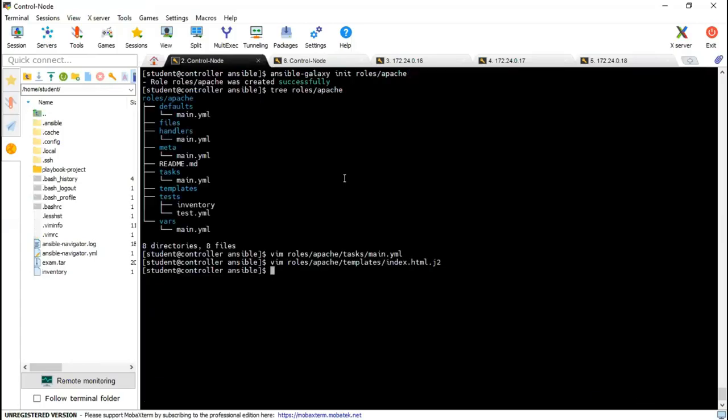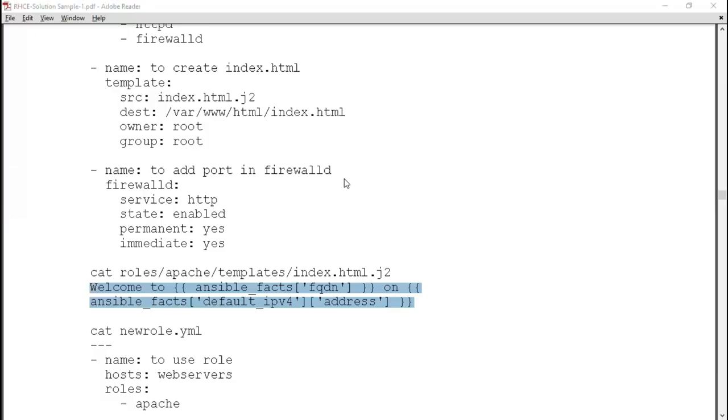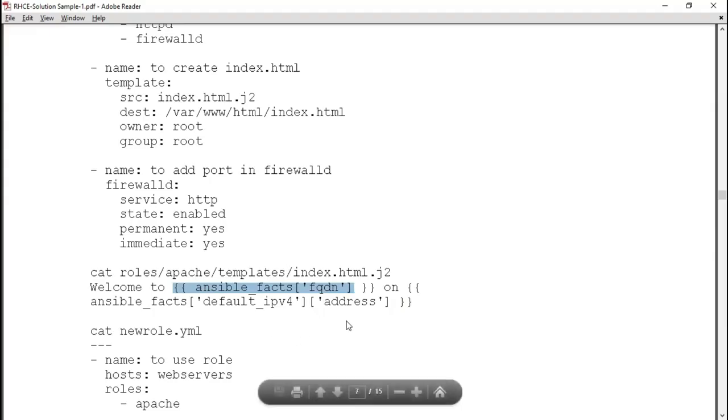If they don't give that facts thing, how do we have to run the facts? I know for "welcome to" we have to run enable facts and collect this information, something like that. It will automatically fetch that, right? No, this syntax is already there. If we wanted to write this ourselves, we would have to run the facts, collect this and add it. We do not need to do that explicitly. When you run this playbook, it will automatically fetch the facts and replace the value. Explicitly, we do not need to fetch anything.